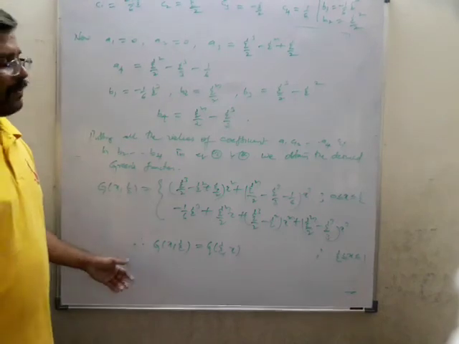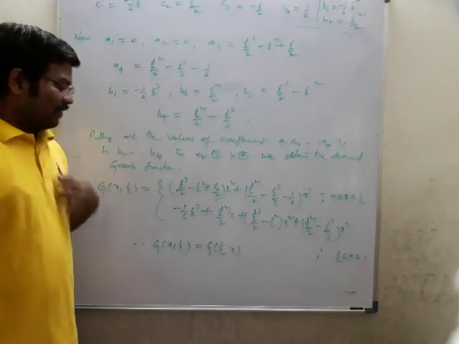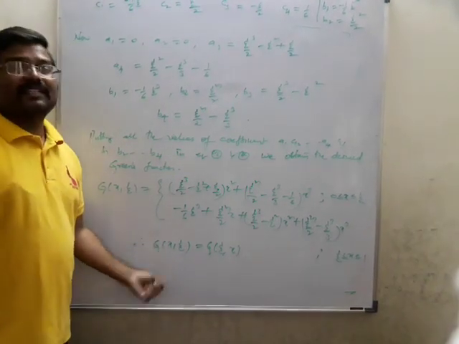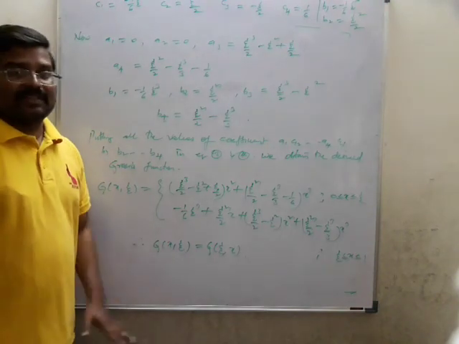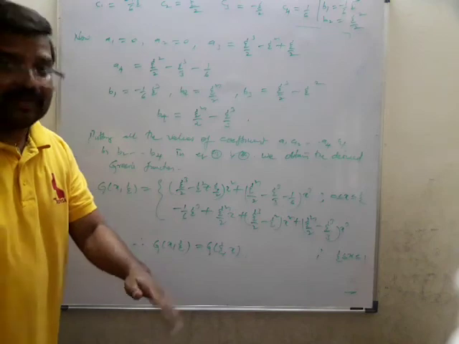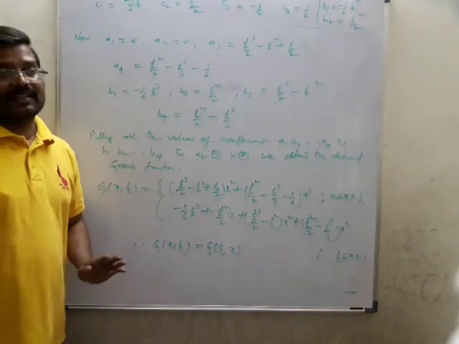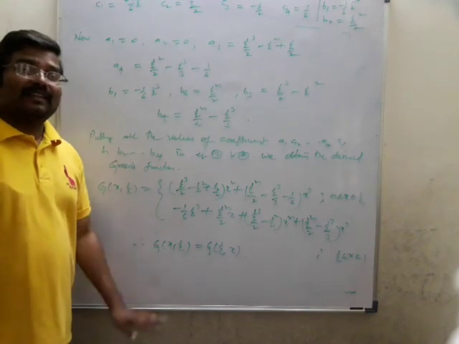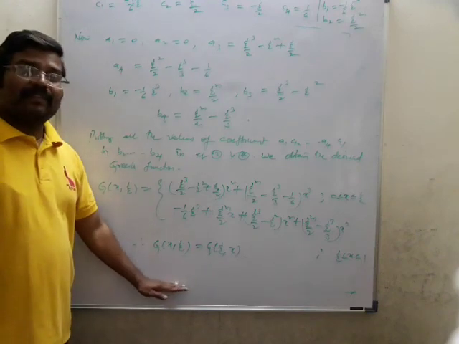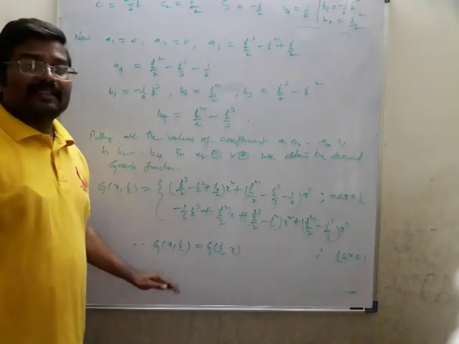So it is a huge problem and it carries 12 marks. You must try to find the Green's function only for the differential equation which gives a trivial solution, meaning y of x is equal to 0. For that only we can construct the Green's function. If phi of x is not equal to 0, then we cannot construct the Green's function. This is how we have completed. We will see the next problem so that you understand more.